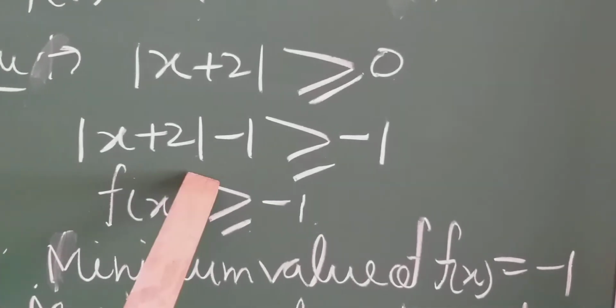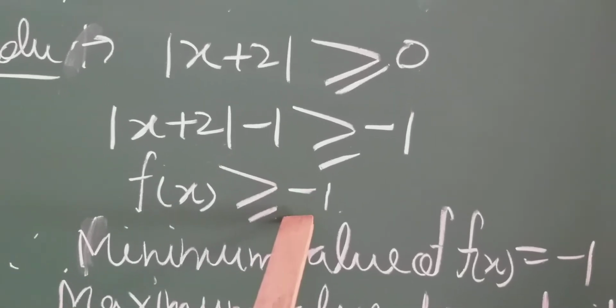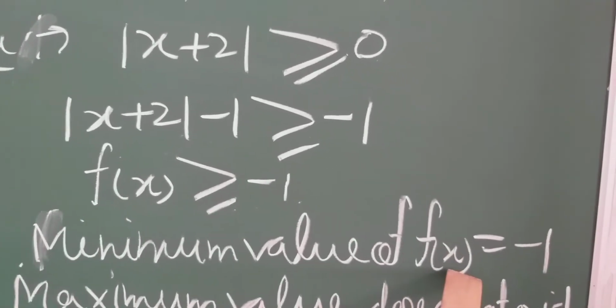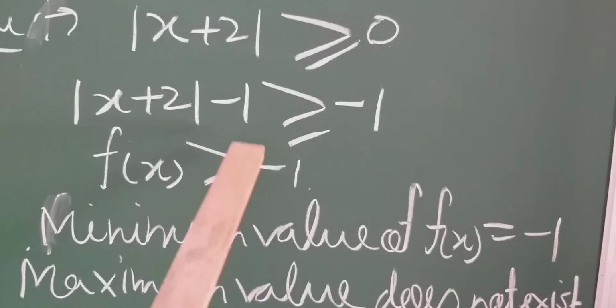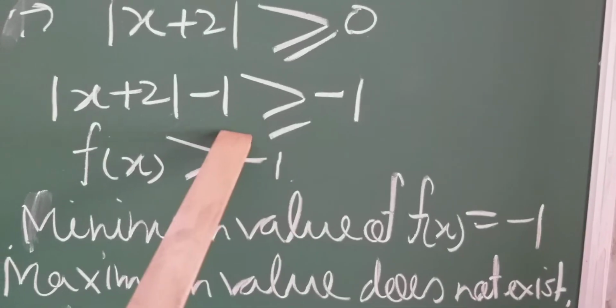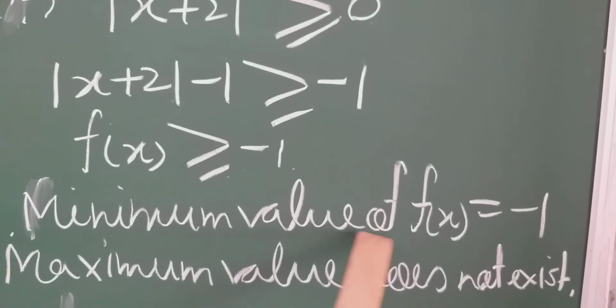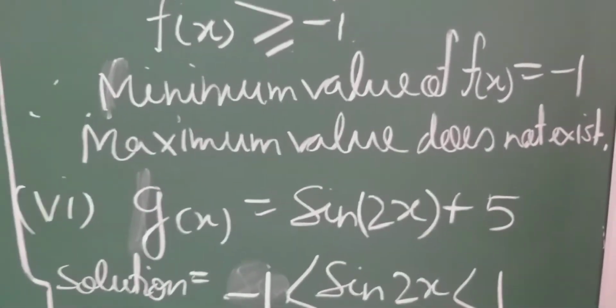Again the greater than sign is there. So is this the maximum value or minimum value? Sure, it is the minimum value, because the function has values from minus 1 to infinity. So we can say it is the minimum value. Maximum value cannot be obtained. Next, student,